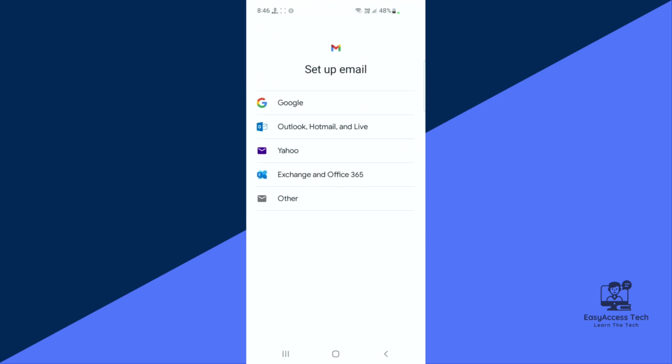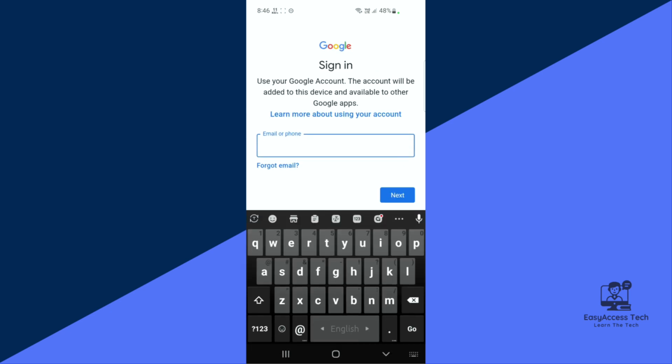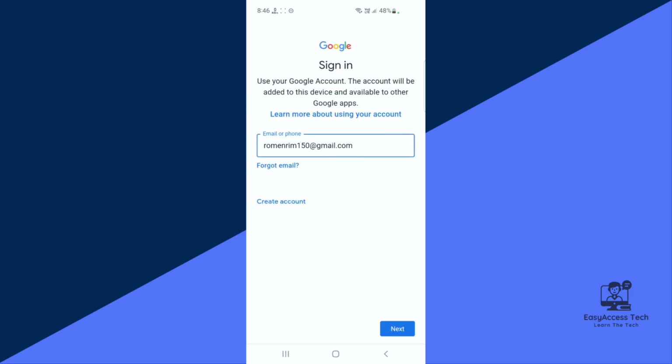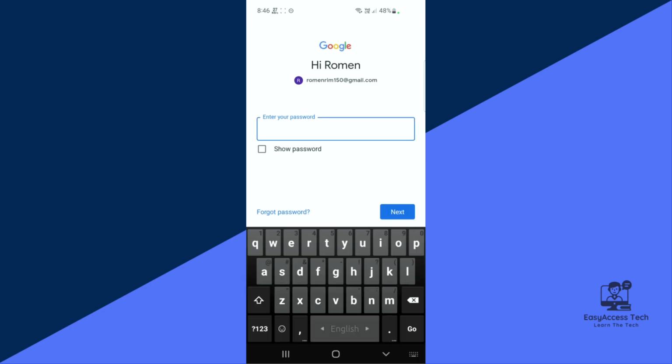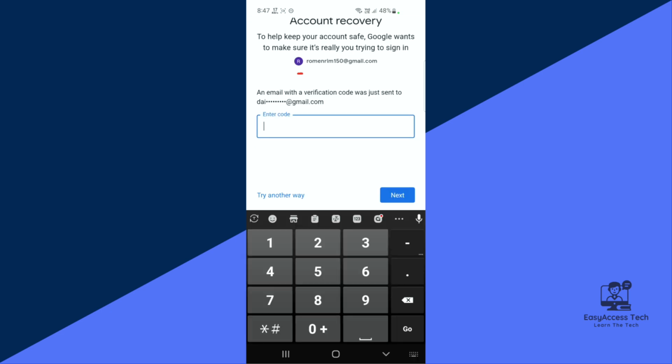Now just tap on this Google because it is Gmail. Now you have to write your Gmail address here. After writing the Gmail address correctly, just tap on this next. Tap on this forgot password. Now you can see this is our Gmail address and there is another Gmail address hint here, the recovery Gmail